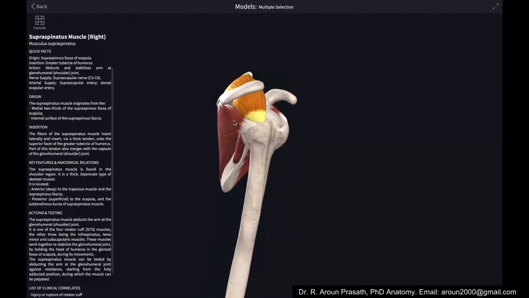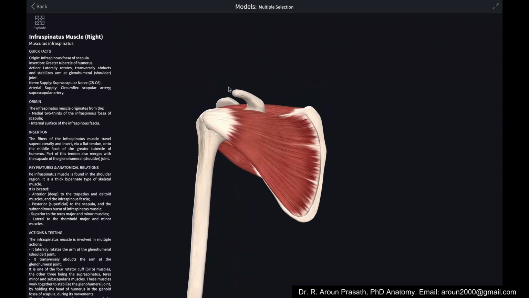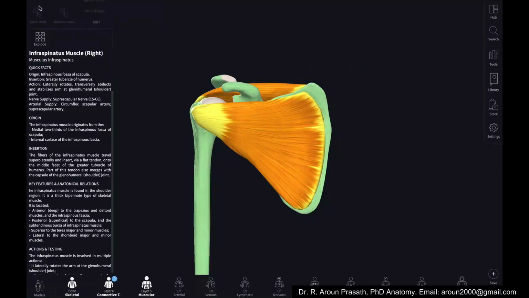Generally, when there is any strain in the rotator cuff muscles, like subscapularis, supraspinatus or infraspinatus, there is pain in the shoulder in the initial phase of the movement in the shoulder joint. After 40 degrees, the pain vanishes and the patient is able to do pain-free movement in shoulder abduction. When it comes to 45 degrees, again the patient starts to feel pain, and they bring the adduction with the pain. So this is the mechanism. This is called painful arc syndrome.